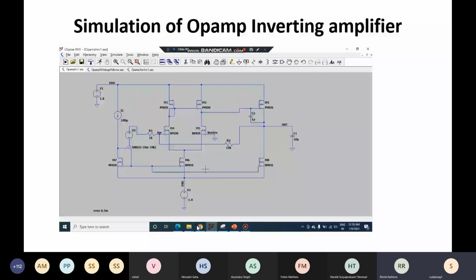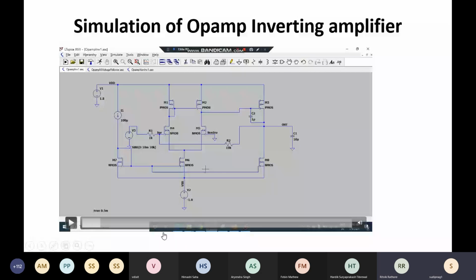A plus minus 1.8 volt supply has been used here instead of a unipolar supply, so VDD, ground, as well as minus 1.8 volt VSS are used together. If we had ground instead of VSS, then we would need to provide the necessary DC bias at the gate of M4 and M5. Instead, we are biasing through VSS of minus 1.8. Then there is a current mirror circuit which is used to bias these transistors M4, M5, M1, and M2. And this is my differential amplifier.